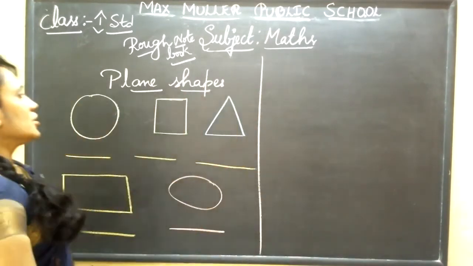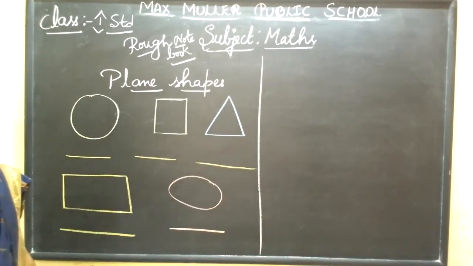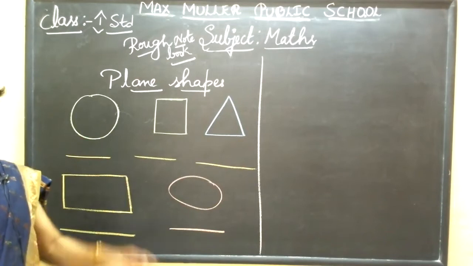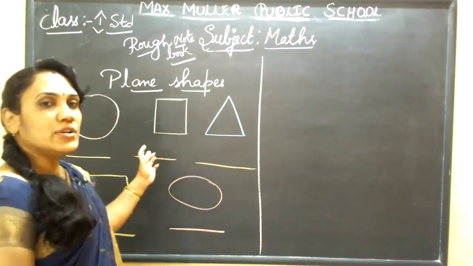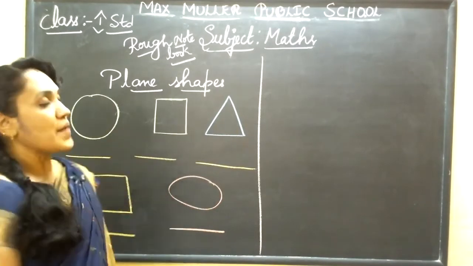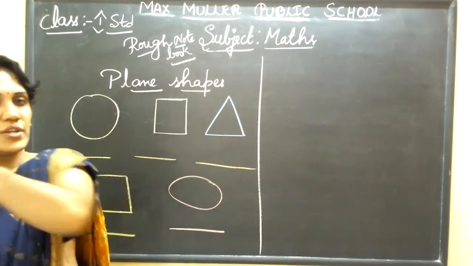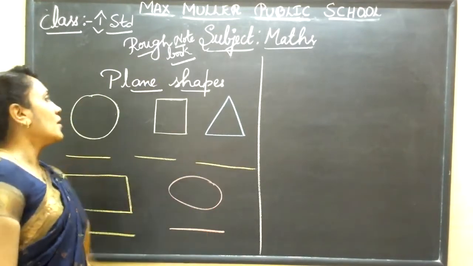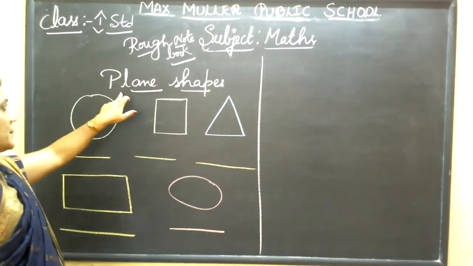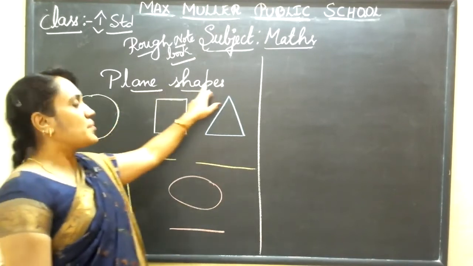Take out rough note and practice these shapes today. Okay? How many times you will practice in your rough note? Three times you practice. Okay? So you will learn to draw the shapes also, and you will learn to write the shape names also, spelling also. So three times you practice in your rough note. Say I written your rough notebook, take out and copy. Understand, children? Plane, plane, shapes, shapes.